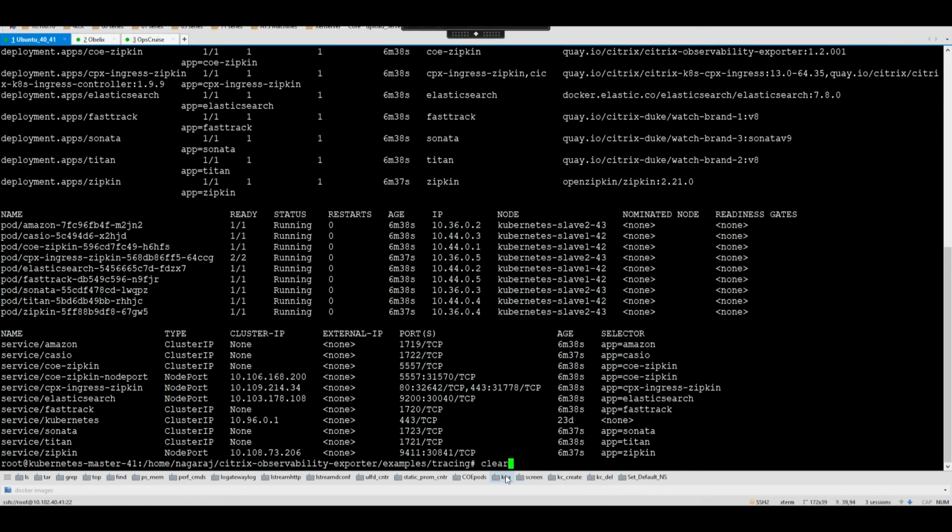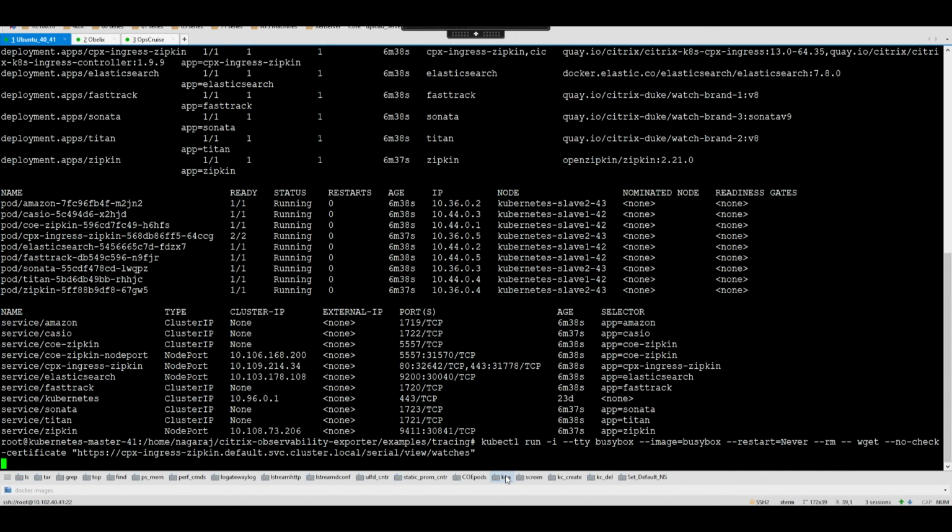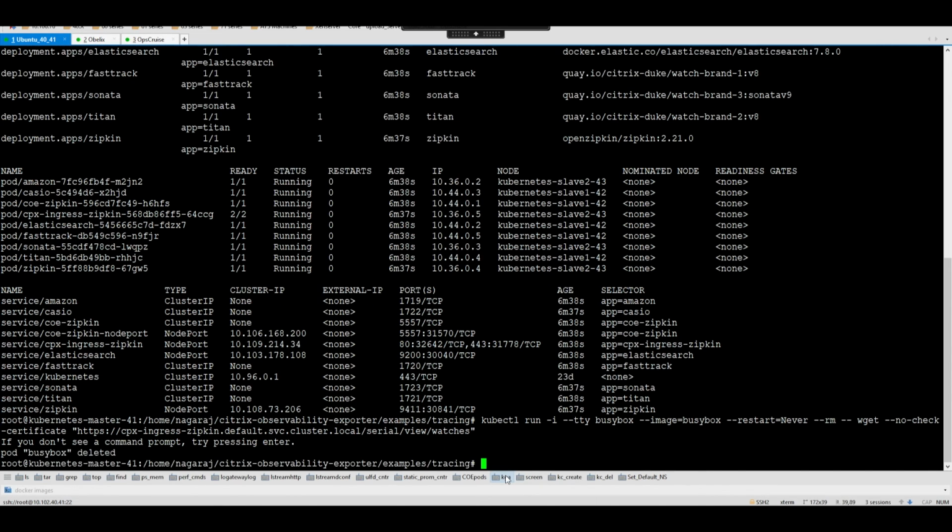And when the request comes to the Citrix Ingress Gateway, we would query individual pods and get that information, and also send the tracing information to the Zipkin endpoint via the Citrix Observability Exporter. So let's send some traffic and see the data on Zipkin.